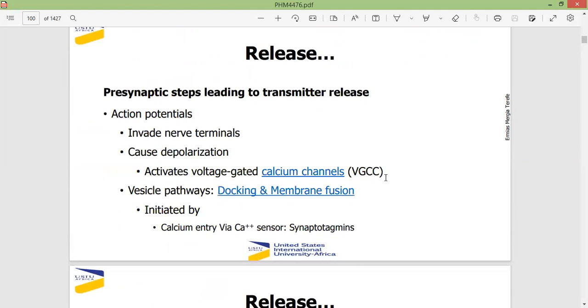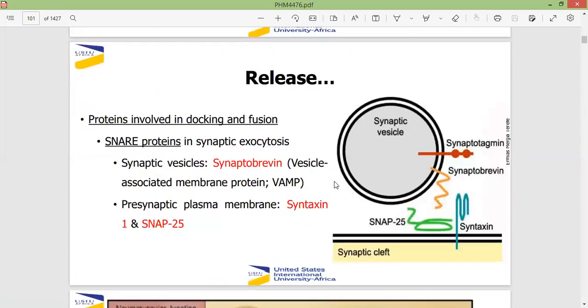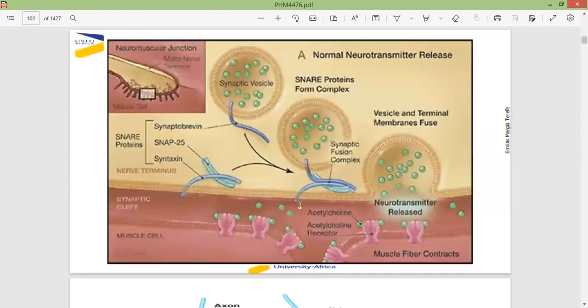Calcium gets in and stimulates the fusion between the vesicle and the plasma membrane, essentially releasing its contents. And there are proteins involved in that docking into the plasma membrane and fusion, such as the SNARE protein, synaptobrevin. Now, these proteins are significant, especially when we're talking about the Clostridium